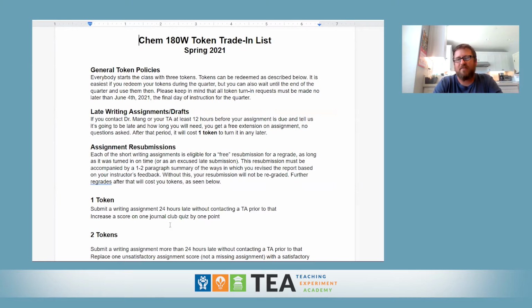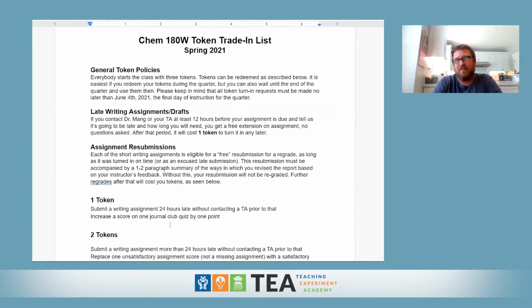And so the idea of the token economy is to give them both of those things. The way that I use tokens in my class is to give them, for example, an opportunity to submit an assignment later than my course policies already allow for, to give them revision opportunities beyond what my course policies already allow for, or to give them a chance to do something that I really don't